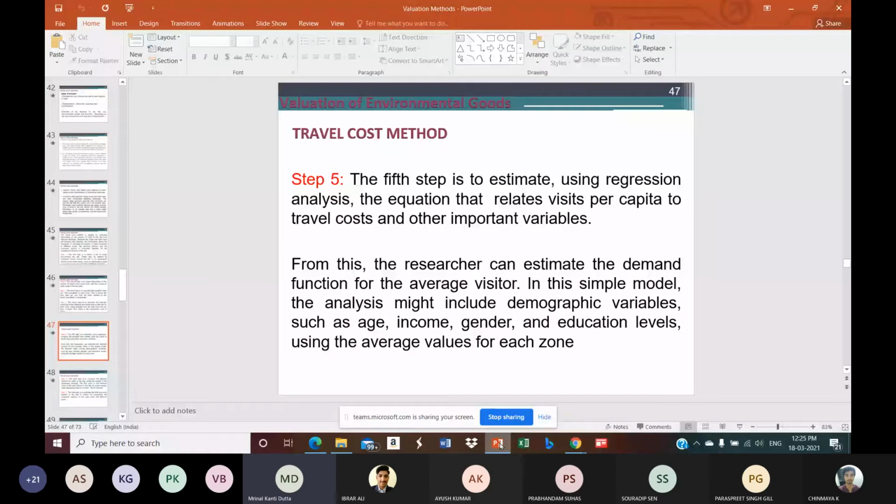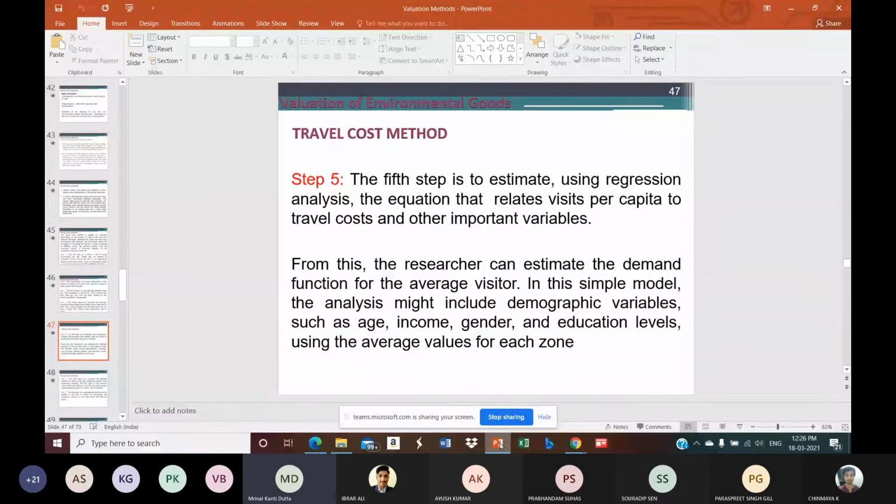Similarly, there might be other variables. For example, somebody having higher income, other things remaining constant, might be willing to visit more. So the number of visits for those people might be relatively high. So there might be a positive relationship between income level and the number of visits. Other things remaining constant, we can always try to find out which are the other relevant variables which might have some kind of influence on the number of visits.